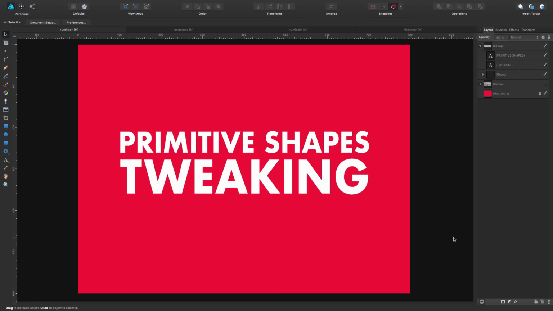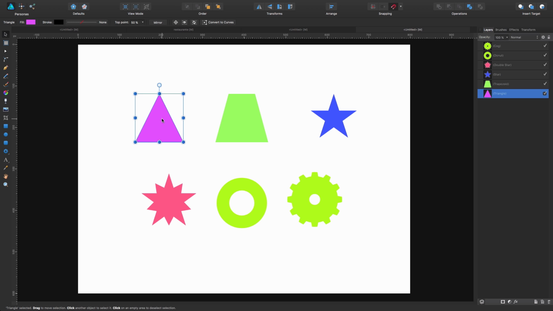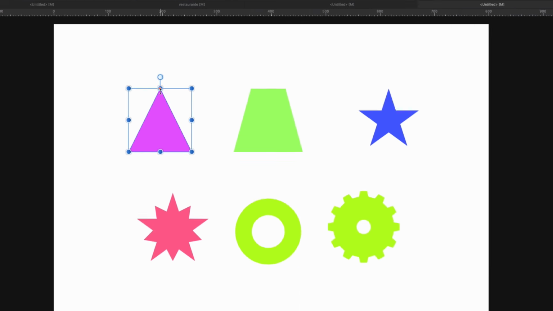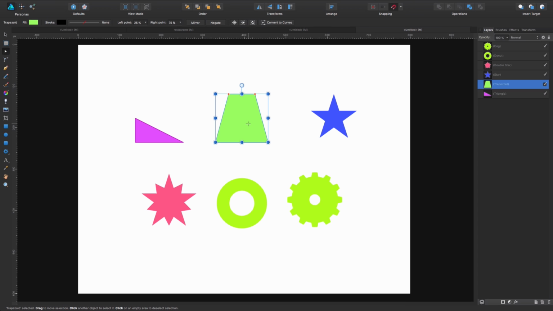Another thing that may help you a lot when drawing is understanding primitive shapes. Primitives are found in the side toolbar here. You have all of them. Also these three are primitives, and at the beginning you're going to have any of these shapes like I have in here, for example. Okay, so if you click A, you're going to see this little orange dot in here, indicating that you can start tweaking your shape in such a way that it's going to give you a very different result. For example, something like this